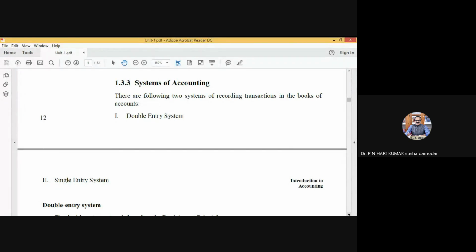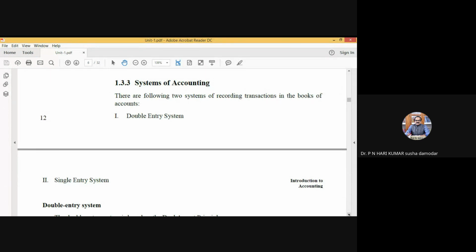At the same time, for what purpose do we pay the amount? Payment of salary. Salary is one aspect, cash is another aspect. Two aspects are involved in this particular transaction. One is cash, another is salary. Payment of cash in the form of salary. But in the case of single entry system, there is only one aspect, maybe either debit or credit. So double entry and single entry, these two systems are